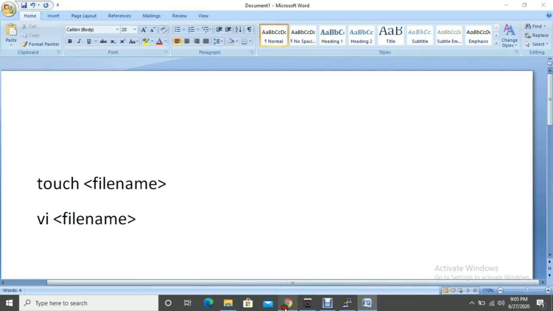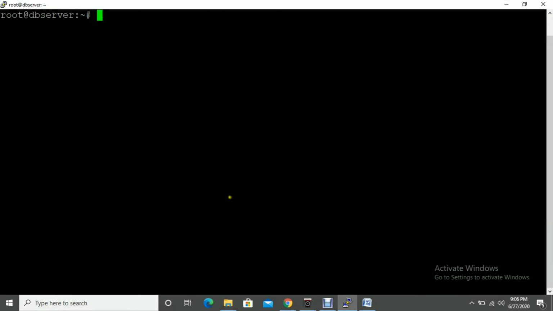So let me log into the server. Okay, this is my server. First you have to understand where you want to create your file, meaning which path, because in a computer there are folders and directories. When talking about Windows it's a folder, and when talking about Linux it's a directory. So you have to specify where you want to create it, like your documents or your home directory.